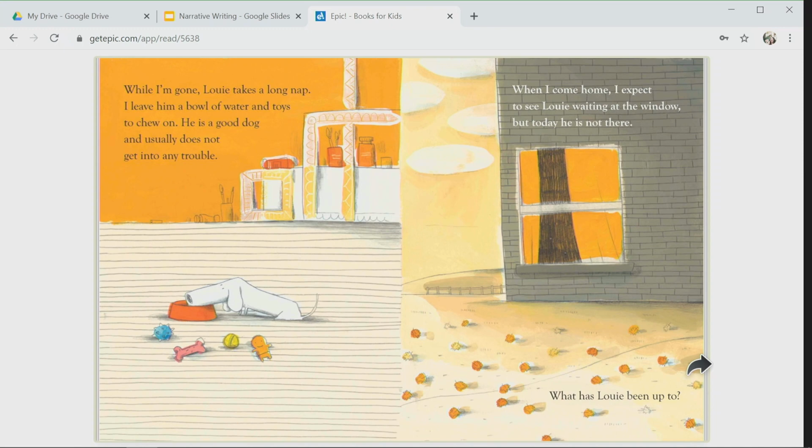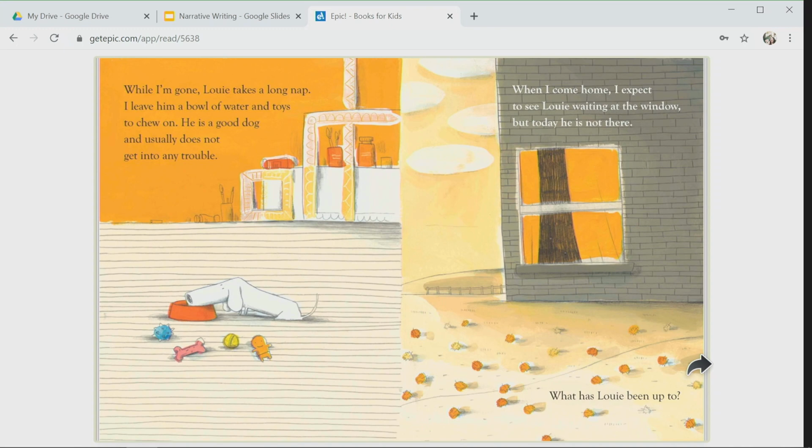He just said usually there. Make a guess of what you think Louie might have done today. Think he was mad. And then our friend's writing it, and he said he usually does not get in trouble. Make a prediction or a guess. All right. Now, my favorite part is sometimes I like to read part of the story, and then I don't tell you the answer. I make you listen to the story to figure out what happened. So we're going to have to read on to figure out if Louie was a good dog or if he did something crazy. All right.